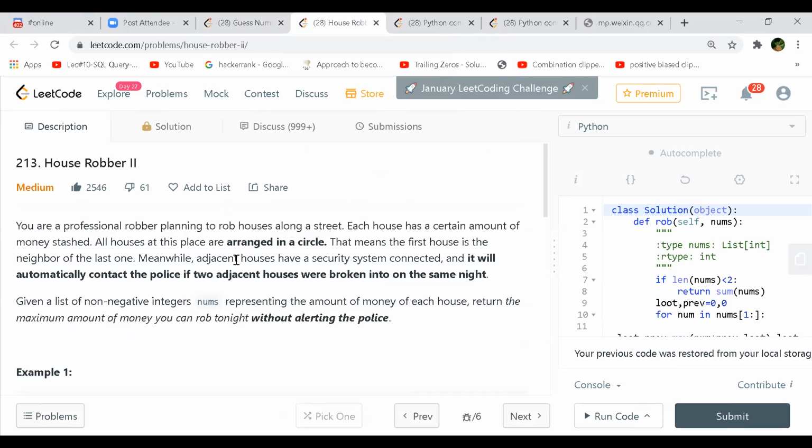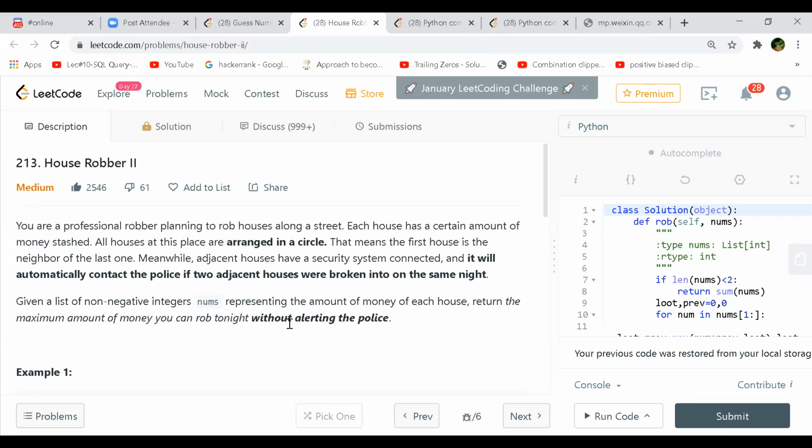So this is our house robber. You're a professional robber planning to rob a house along a street, and each house has a certain amount of money stashed. All the houses at this place are arranged in a circle, which means the first house is the neighbor of the last one. Meanwhile, the adjacent houses have a security system connected, and it will automatically contact the police if adjacent houses are broken into on the same night.